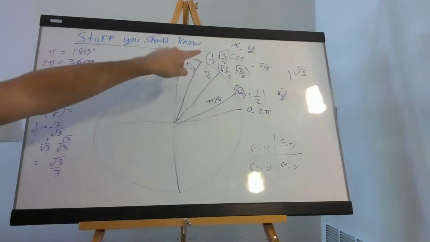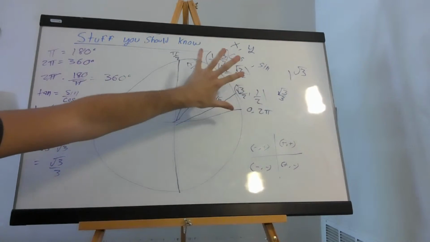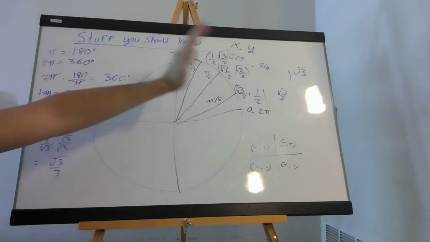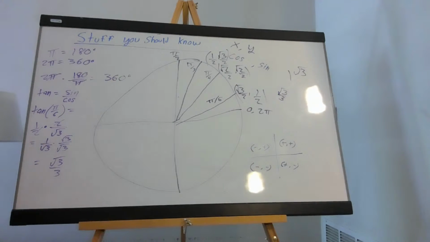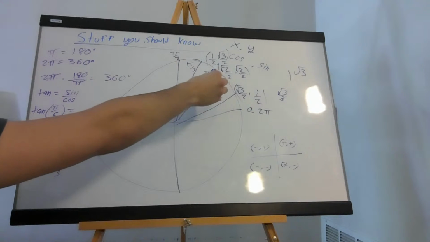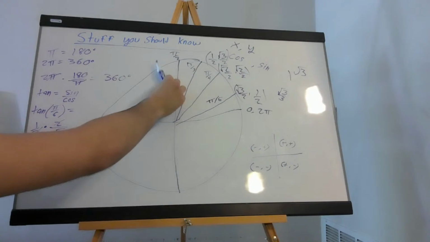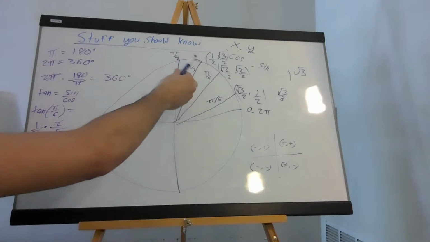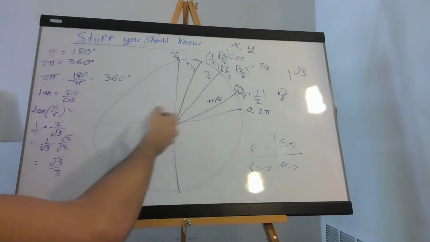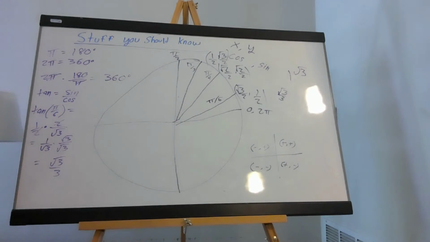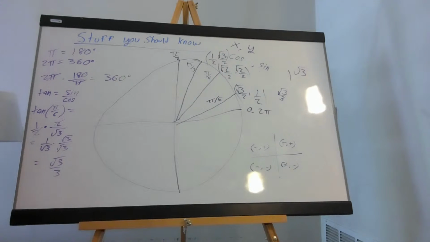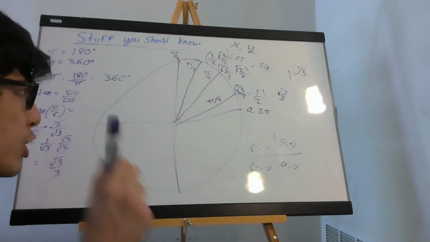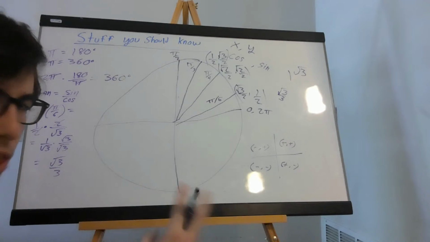So what that means is that for the coordinates here, all you have to do is reflect it and then just change the signs as is. So like 1/2, root 3 over 2 over here, for this next value it would be negative 1/2, positive root 3 over 2. So the coordinates are just based off the signs. Most people, though, probably don't have trouble with that concept. The concept that most people have trouble with is memorizing